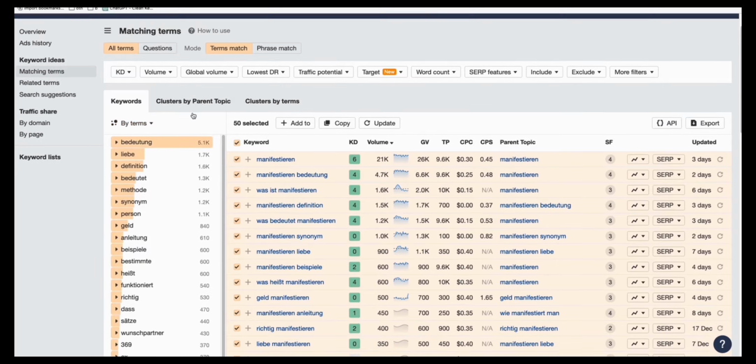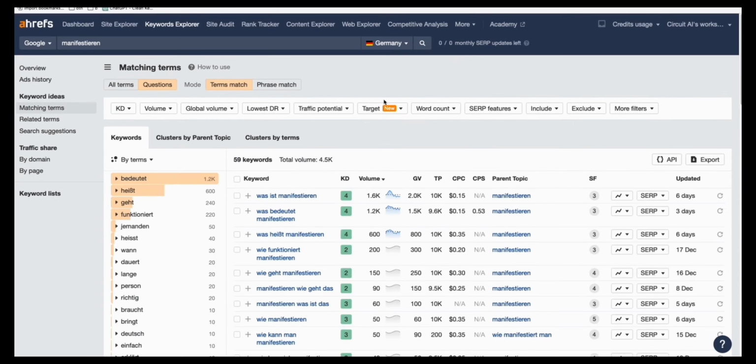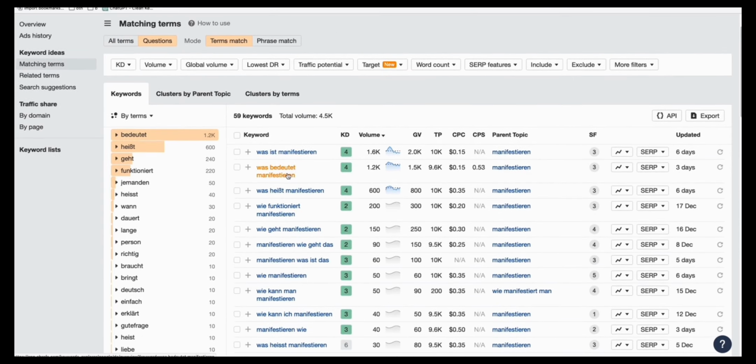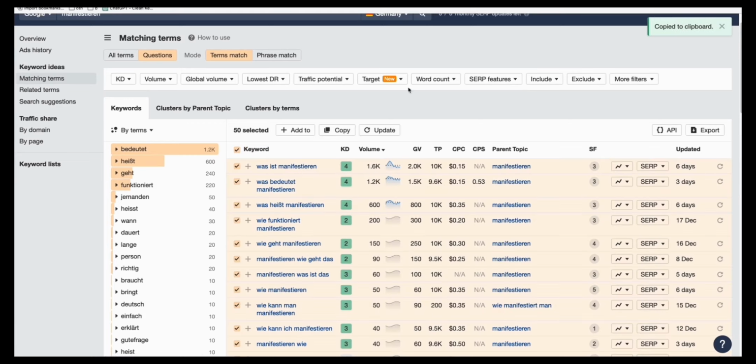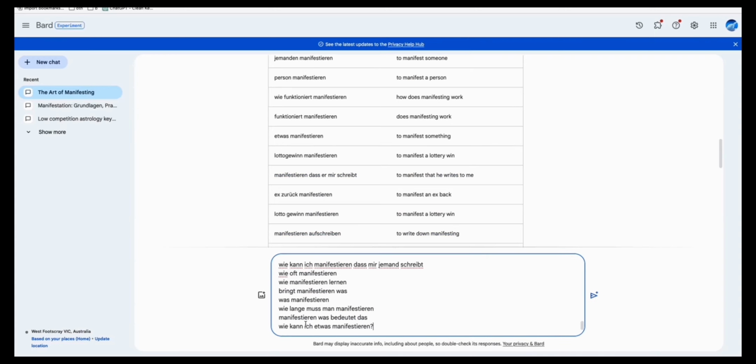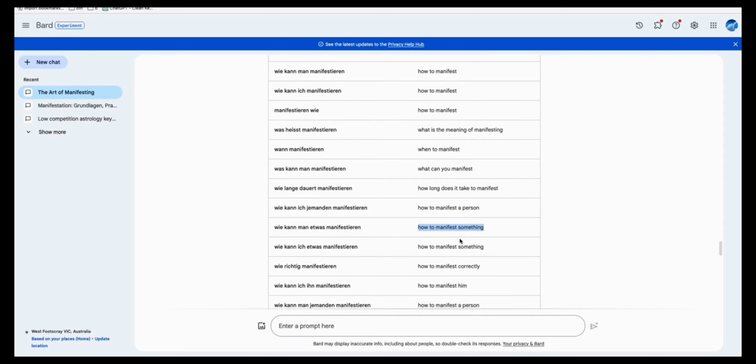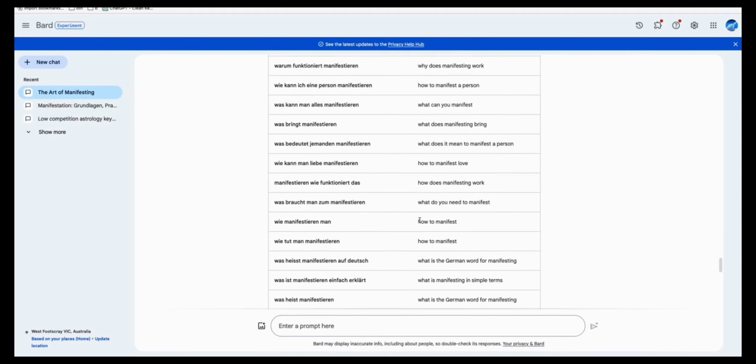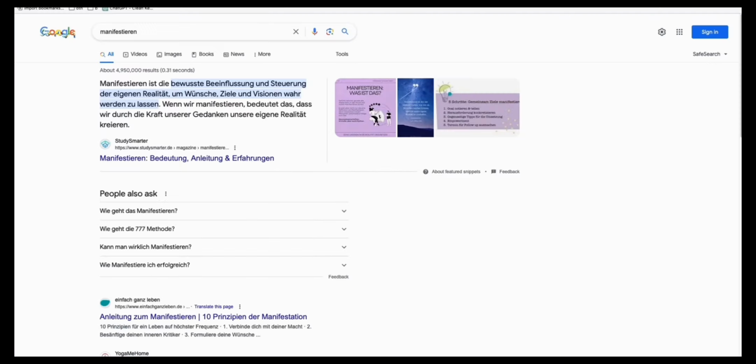So going back here, we could also take questions, and we have 59 keywords here. We can click that and do the same thing, and also add this to our topics. Once we have collected about 200 keywords, then we can start generating this set of keywords for our new German website. Another way of acquiring keywords is we go to German Google, and then we type our main